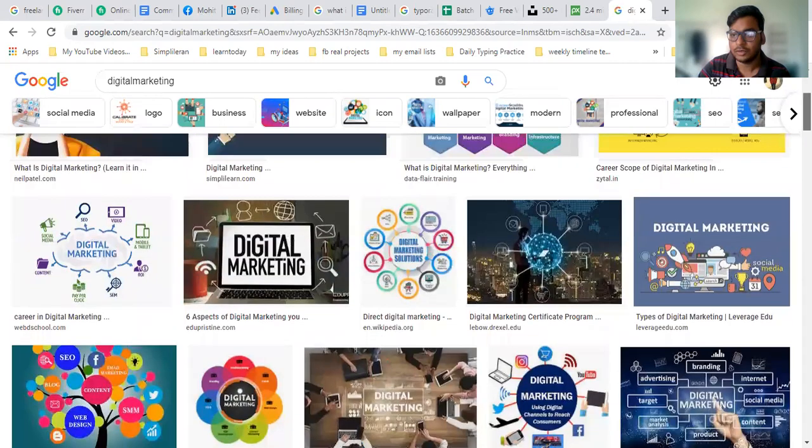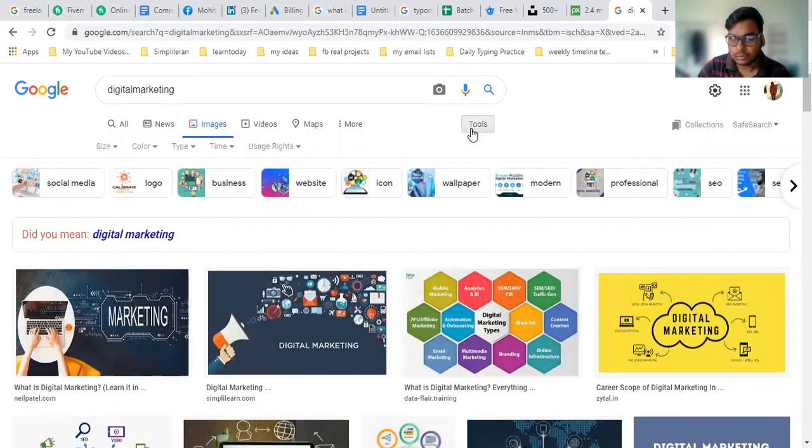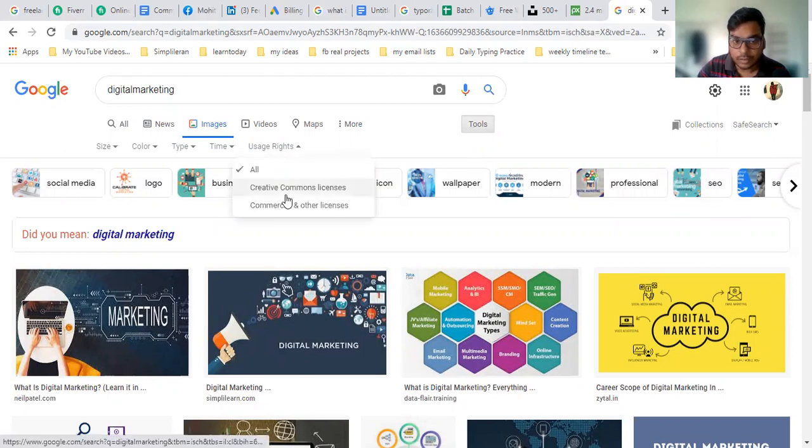For this you need to go to the section called tools. After clicking tools, more options are available here: size, color, type, time, and usage rights. You need to go to usage rights.